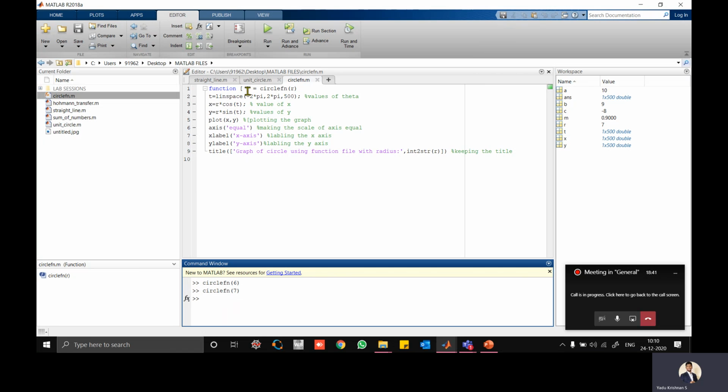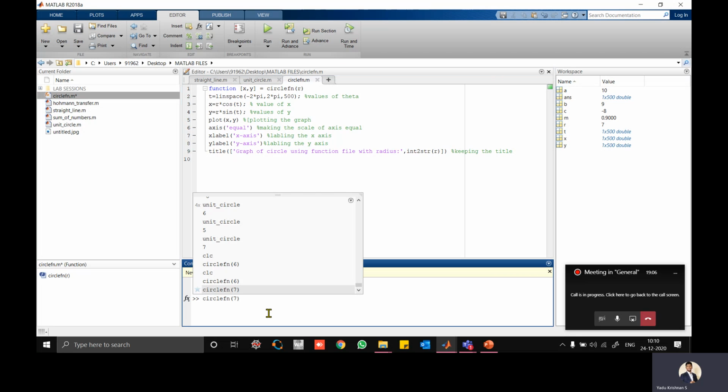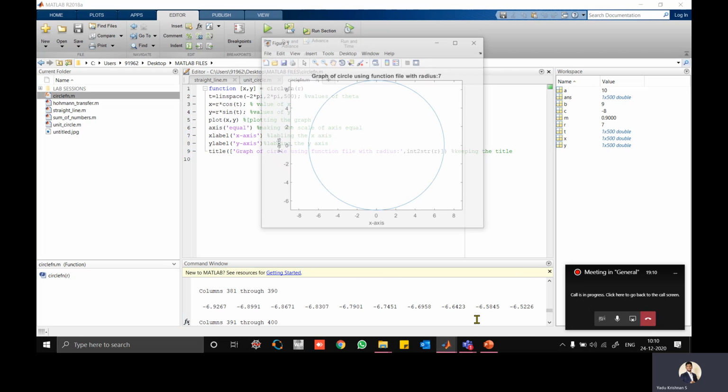Here we are more concentrated on the plot, we don't want to see the x and y values, so I can make it like this, or [x, y] is also fine if you want to see what the outputs are. It's not necessary that it's always x and y. Any values you put will be shown in the command window. See here, x and y is there and at the same time the answer is there.